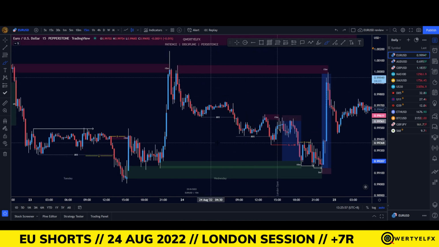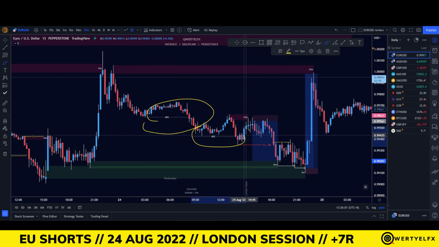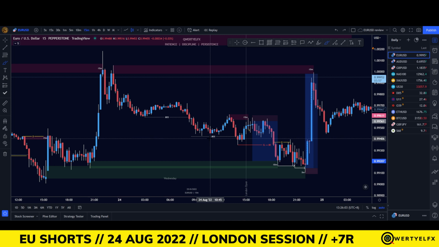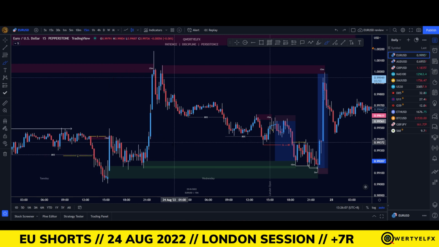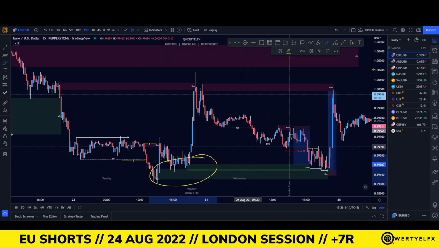I don't trade the Asian session. So when I came in during London, I saw that we already had previous BOS on the 15-minute, which indicates that yes, we are still continuing to be bearish. So I was looking for shorts towards these two demand zones at the bottom here,